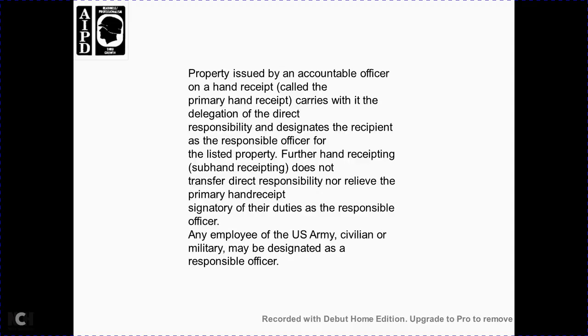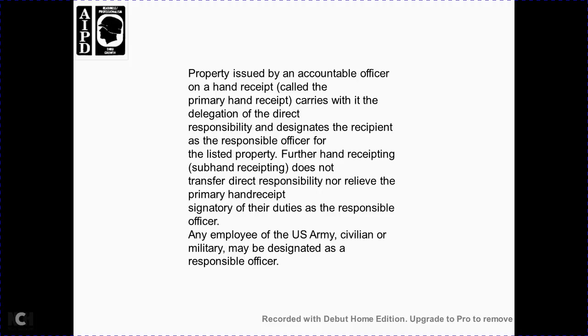Property issued by the accountable officer on a hand receipt is called the primary hand receipt, with the delegation directing the responsible officer. Recipients listed on the hand receipt may further issue property on a sub-hand receipt, which does not transfer the direct responsibility or relieve the primary hand receipt signature holder of their duties. The responsible officer may be an employee of the U.S. Army,